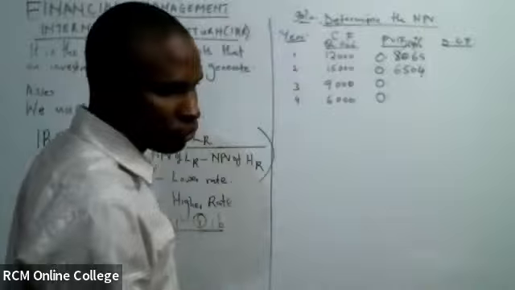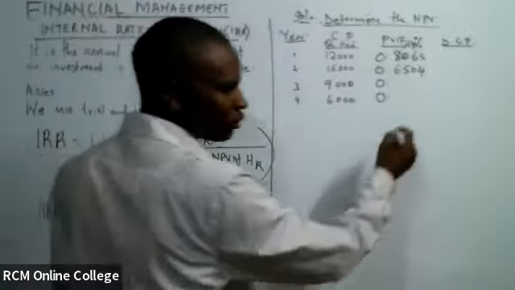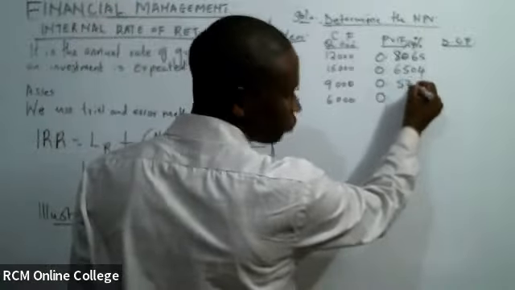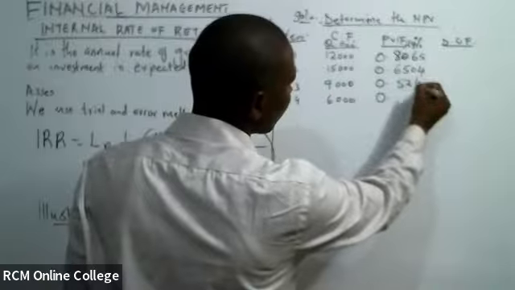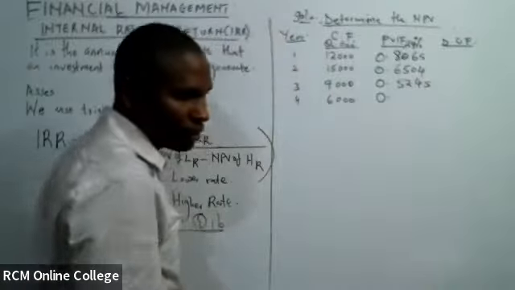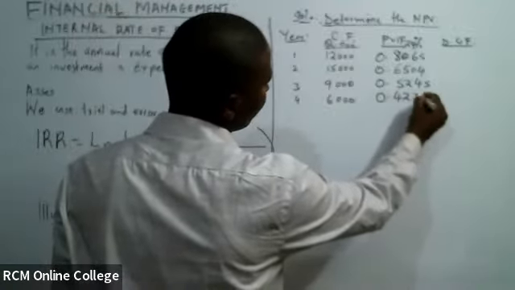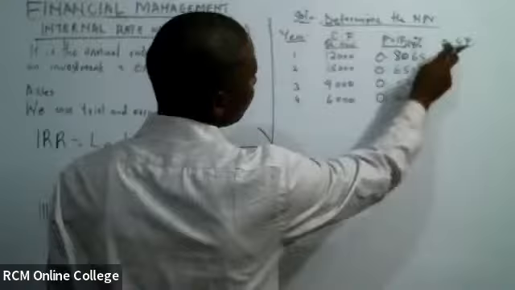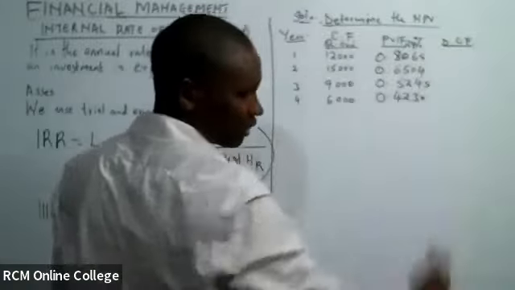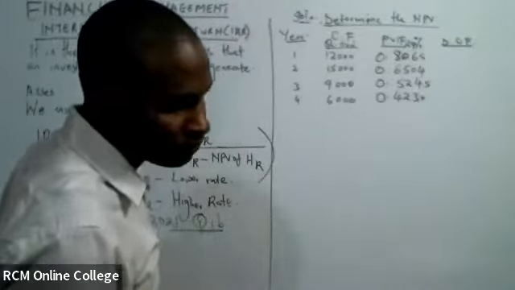Haya, tusonge. Annette ameamuka kabisa. 5245. I hope you are able to see. Annette ameamuka kabisa. And then the last one, 4230. Haya, let's go. 12 times this, like that. Aha. Ya kwanza